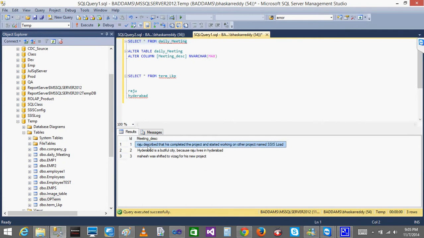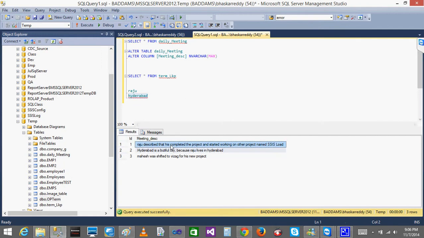So this column has a Raju. Okay, this record has Raju, so it will return the Raju. Next, this record also has a Raju, so it will return both records. Done. It is doing lookup for Raju, it returns both the records. Done. After that, again it will start looking for Hyderabad separately.